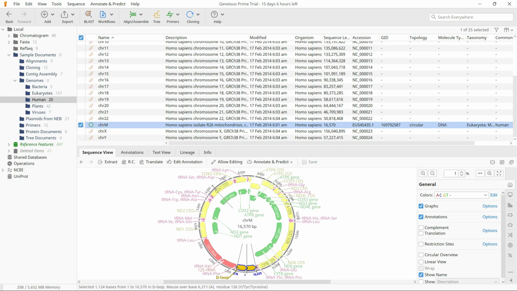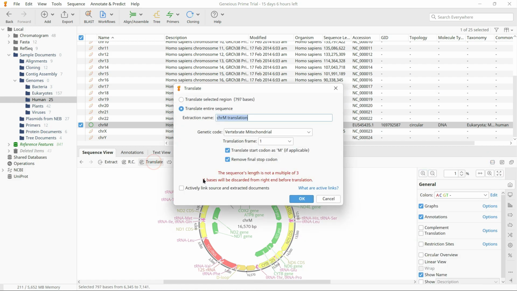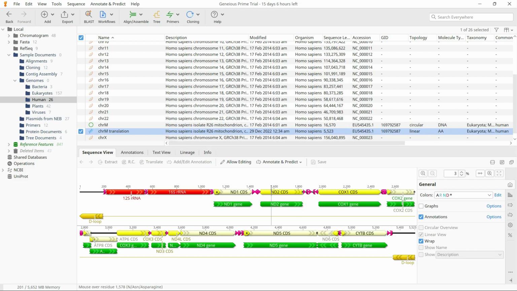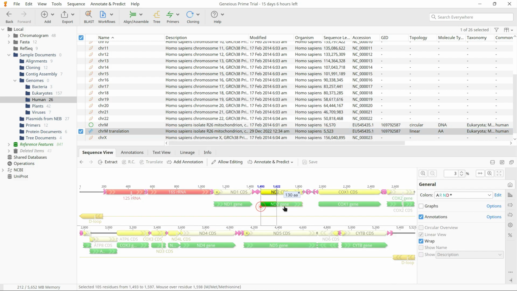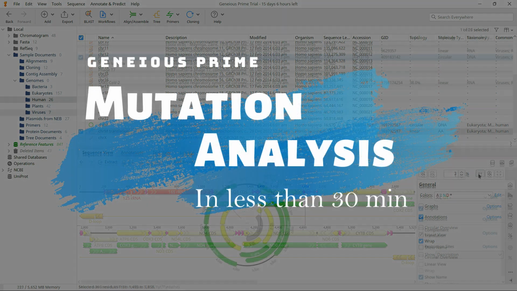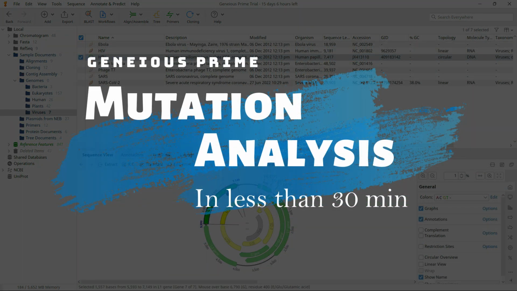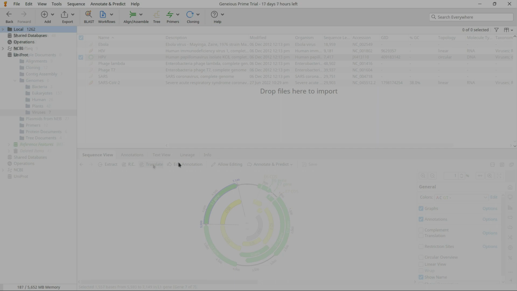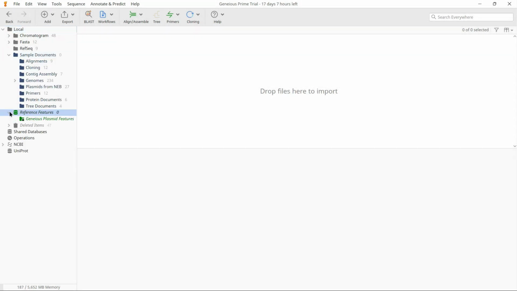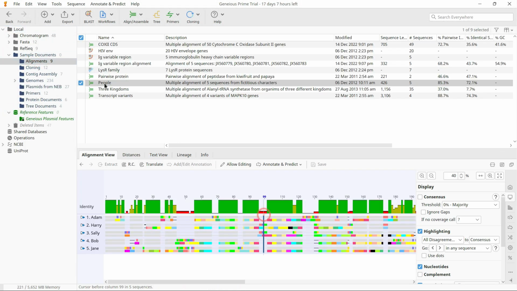Geneious Prime has a pile of tools for analyzing DNA data. It does this by letting raw data be turned into visualizations that make sequence analysis easy and intuitive. In this short video, I will try to show you how to do a very simple mutation analysis in less than half an hour. The software welcomes you with a top action bar and a left navigation panel that includes